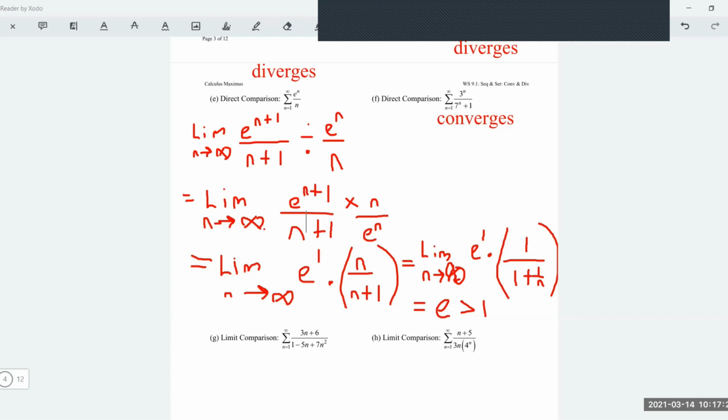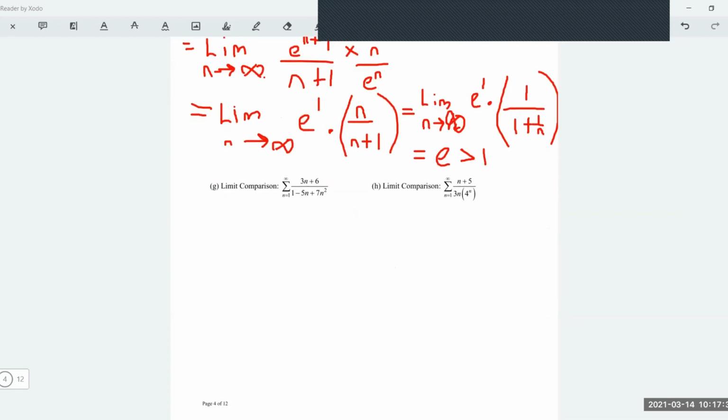All right, so we know that it converges. Now, this one now is the easiest one, limit